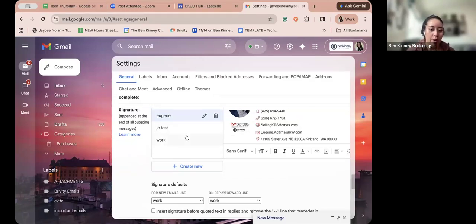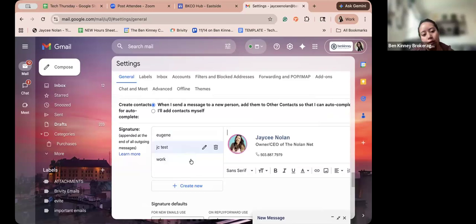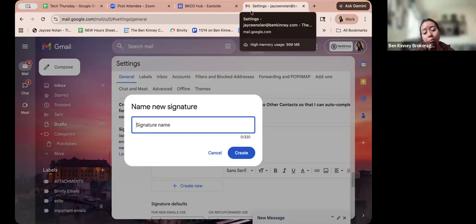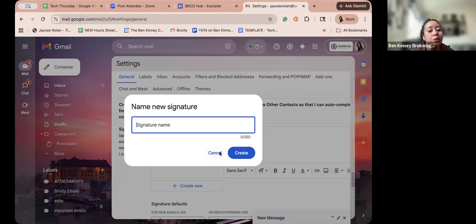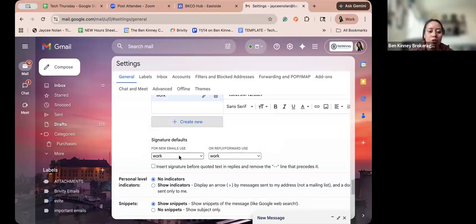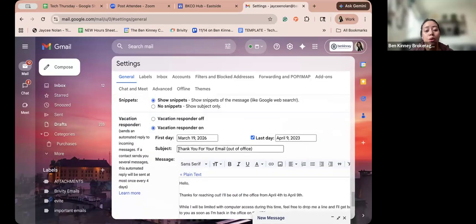So I'll show you how that one works, but just to give you guys an example, you can have multiple kinds of signatures. You can have a ton of these set up. So I would go in to create new. If you don't already have one there that you can edit, it usually comes with a default signature option that's already built in there, which at most times won't have anything particular. It might just be a blank placeholder, but if you want to create a new one, it would be the button right underneath. Make sure to adjust these settings, but before we go into that,